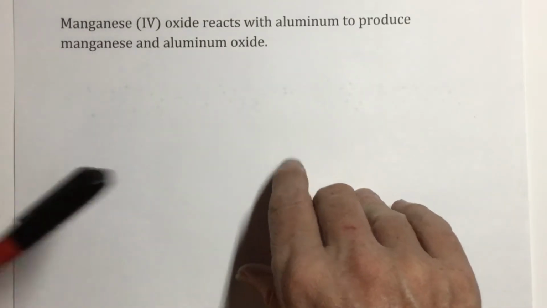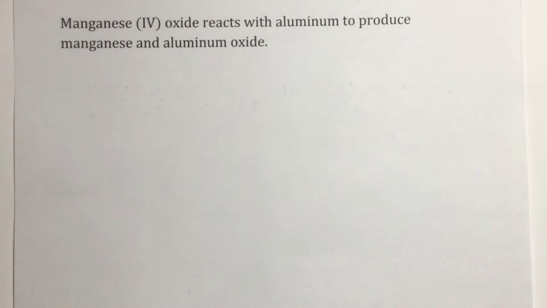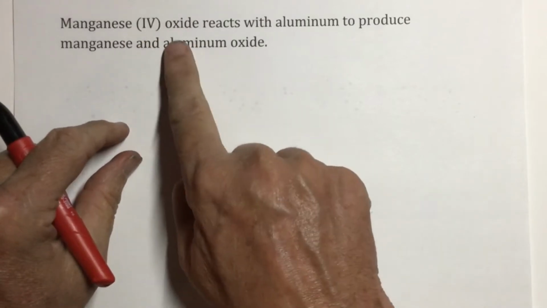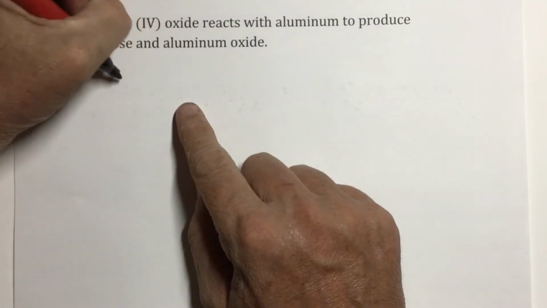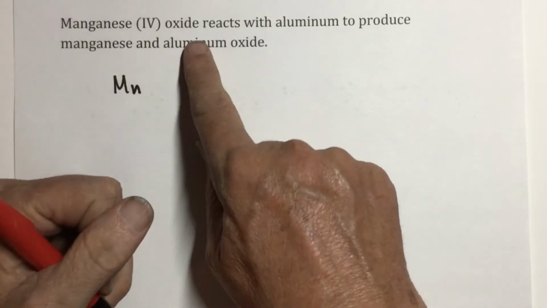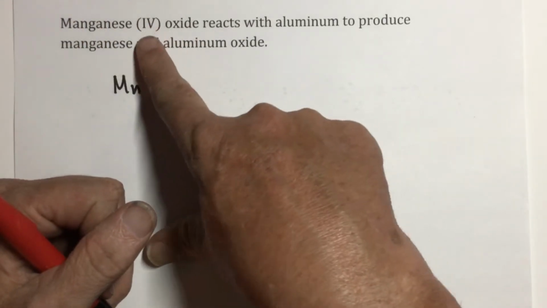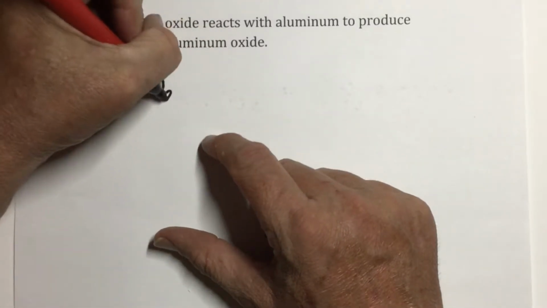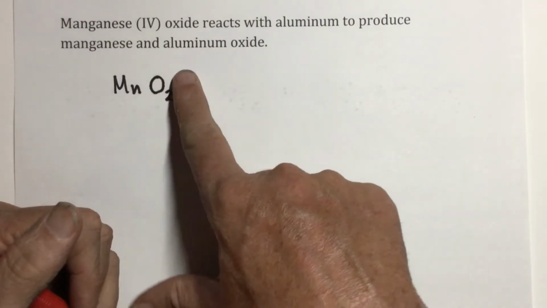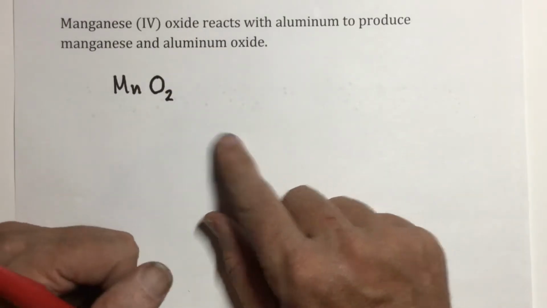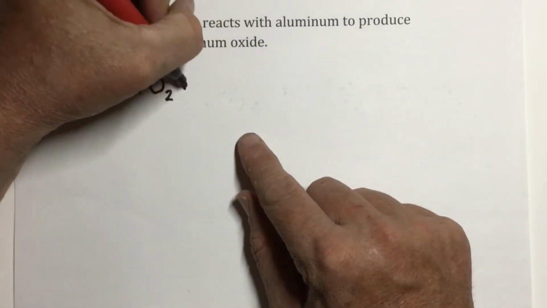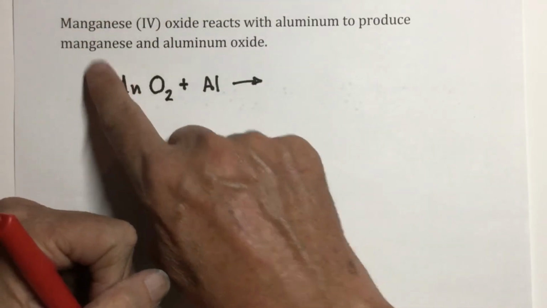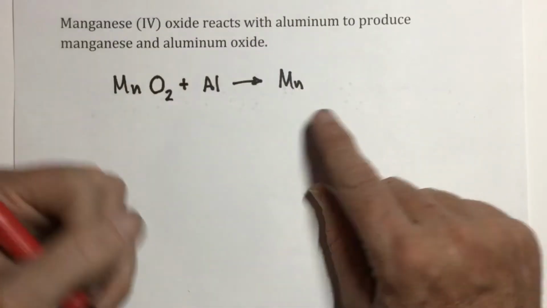Manganese 4 oxide reacts with aluminum to produce manganese and aluminum oxide. So manganese 4 oxide: manganese, Mn, oxide we know is O2, but this is manganese 4. So that means that I'm going to need 2 oxygens because each oxygen is -2. I have a -4 and a +4. There's manganese 4 oxide, and it reacts with aluminum, which is just Al, to produce manganese, Mn, and